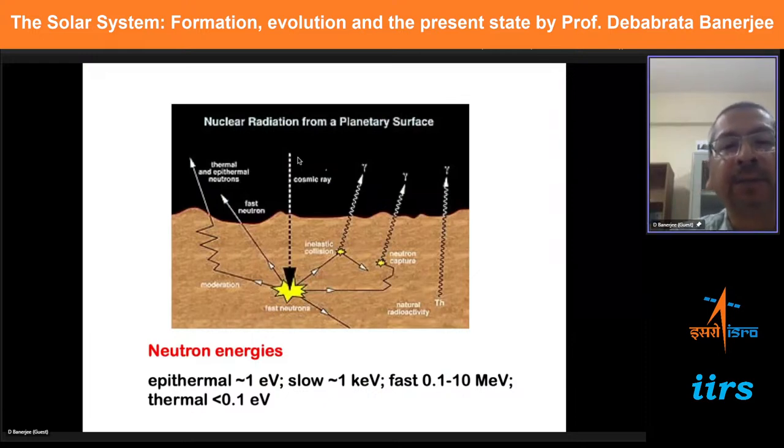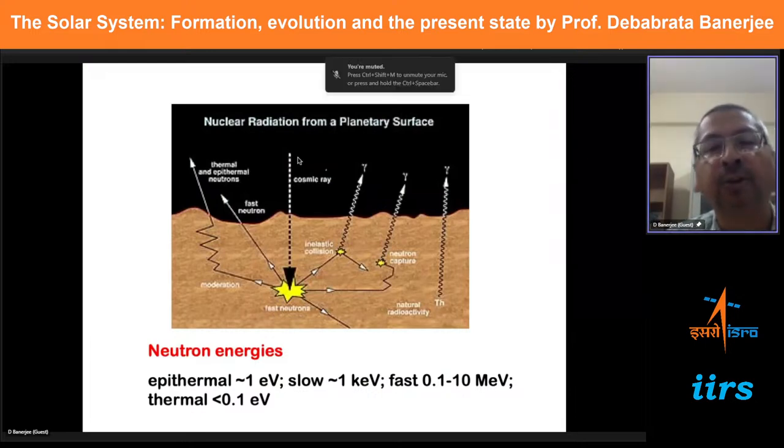So the Moon doesn't have an atmosphere, right? 10 to the power minus 14 bar. Because there is no atmosphere and no magnetic field, the cosmic rays just come in. They're not deflected, as in the case of Earth, and then they will penetrate the surface, and at some point there will be a nuclear reaction for GeV protons, which are the primary protons, and produce neutrons, and these neutrons then transport, and they will